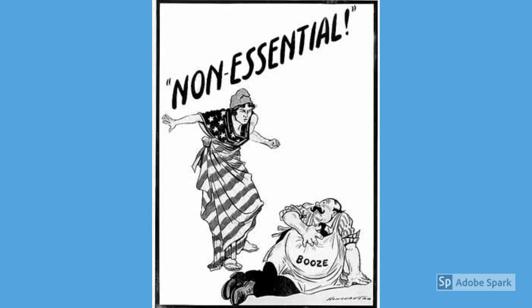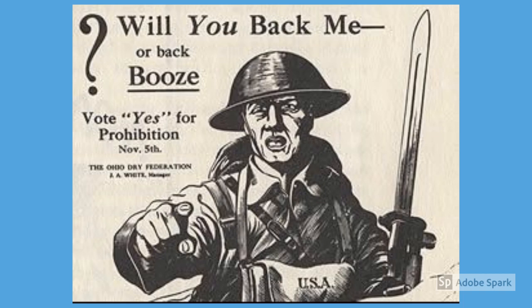And during this time when Prohibition was passed, we were just entering World War I. So in this Anti-Saloon League propaganda poster, you can see the soldier asking, will you back me or back booze? Suggesting that our money needed to go to the war effort because, the way that taxes worked back then, we didn't have the budget that we do now for our military. So people were saving their supplies and every penny that they had, and trying to give as much as they could to the war at that time.